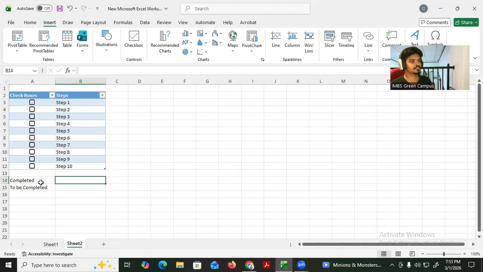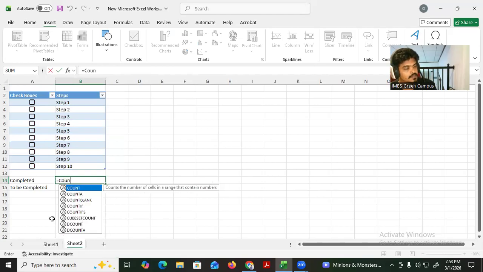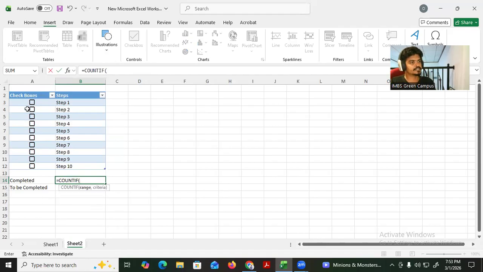So here simply we can use the COUNTIF function. Just equal and COUNTIF. You can select the COUNTIF function, then select this range, and for the criteria, put a comma, and